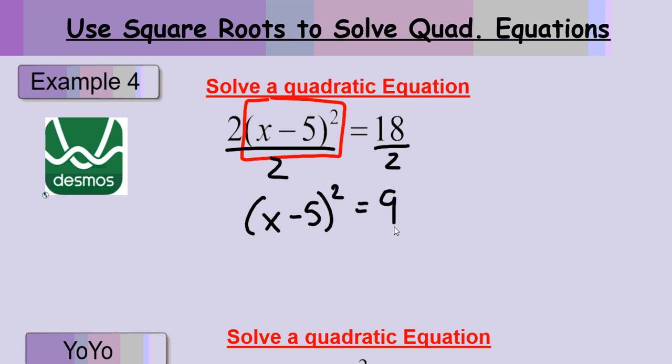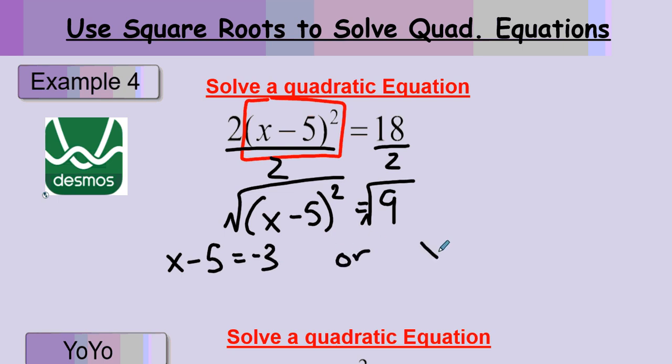Now I have the squared item all by itself. Take the square root of both sides, and the square root of 9 is 3 or negative 3, which means x minus 5, because the square root will cancel the square, is now by itself. That means x minus 5 either equals negative 3 or x minus 5 will equal positive 3, because those are the two things that x minus 5 could be, and it would be squared and make a 9, because negative 3 squared is 9 and positive 3 squared is 9. Now I solve for my two answers. Add 5. That means x either equals, if I add 5, a 2, or if I add 5, it'll be